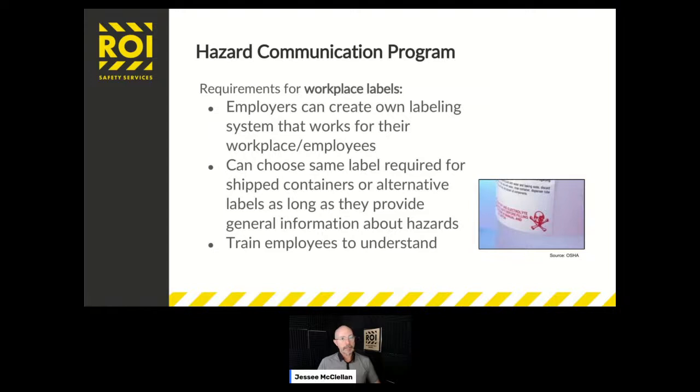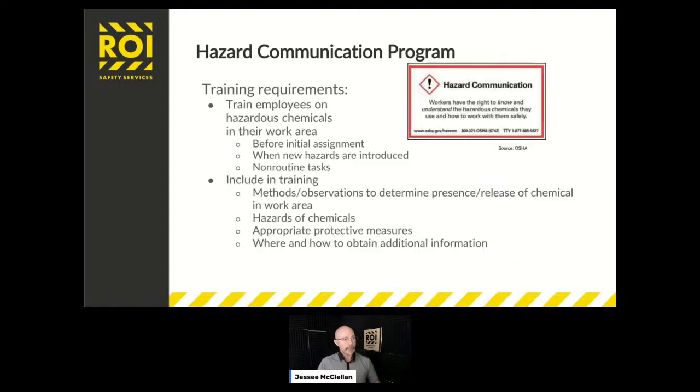Whatever process you're using now, it's a good time to check it and make sure you're doing everything. At least check it annually. And the process is real simple. Purchase the material, request a safety data sheet from the vendor, get the material, inspect the material, make sure the SDS is with it, put the SDS in a binder or scan it into your network, and then train your folks on these safety data sheets, how to read them, how to access them, and understand the different types of hazards that these chemicals can have.